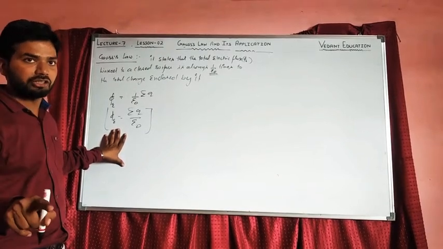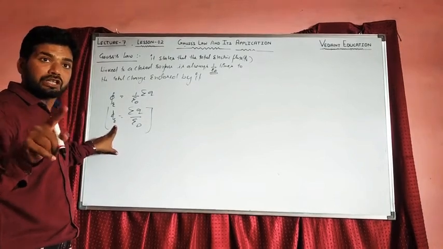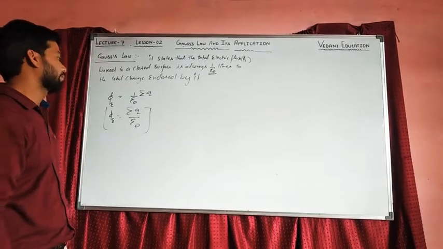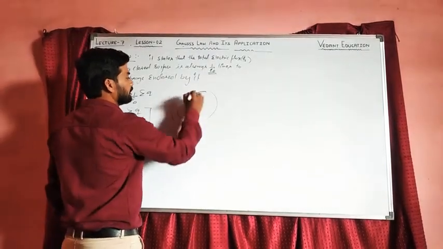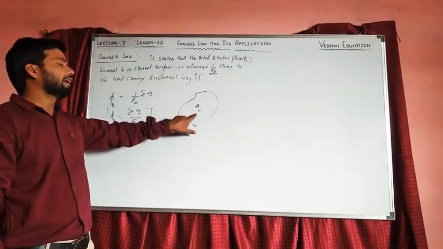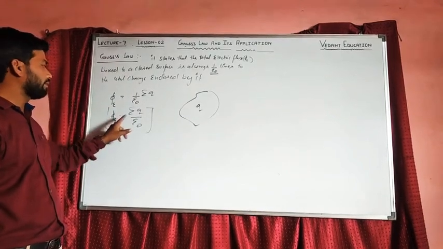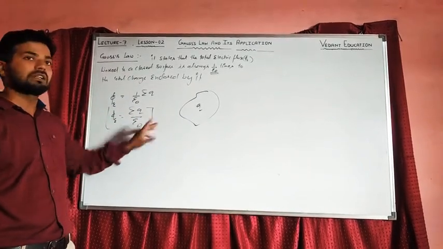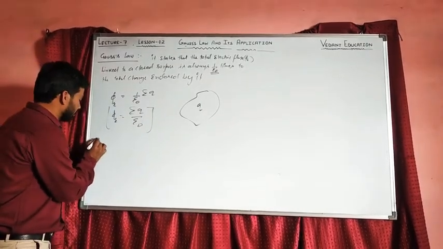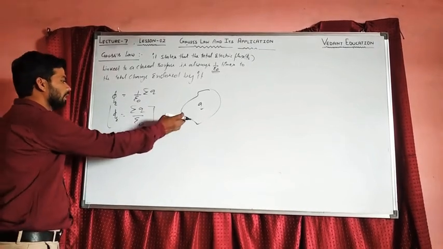That is the necessary condition. When you apply Gauss's theorem, the surface must be closed, like this one. This is a closed surface. If we want to calculate the value of electric flux, then according to Gauss's theorem, phi E will be summation q by epsilon naught, right? Some important points related to Gauss's law should be remembered.